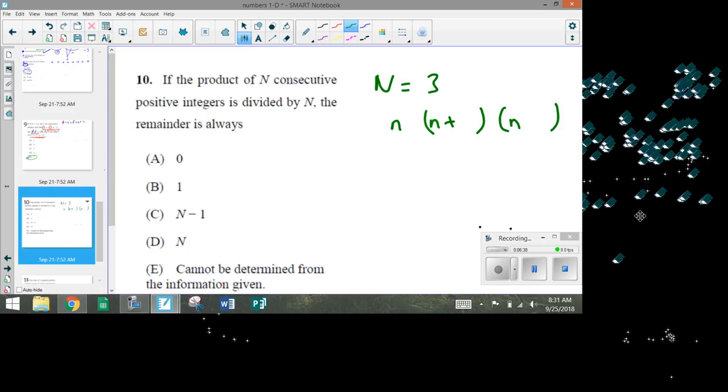1, 2, 3, 4, 5. So each one increases by 1 each time. So if I call the first one n, another one is supposed to be n plus 1. Another one is supposed to be n plus 2. So we multiply those. It's telling me to multiply them all. Product of n consecutive positive integers divided by n. Divide by 3. So the remainder is always going to be,